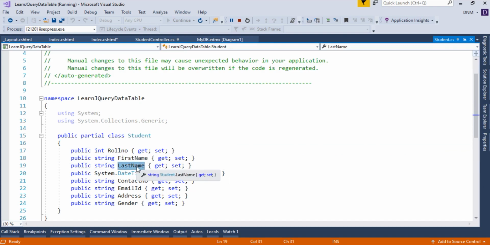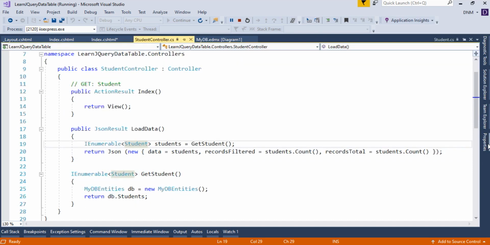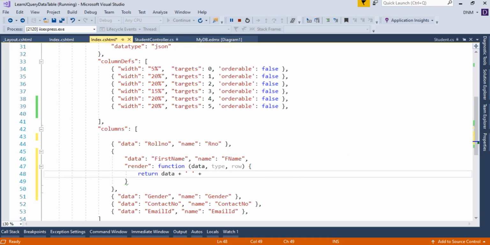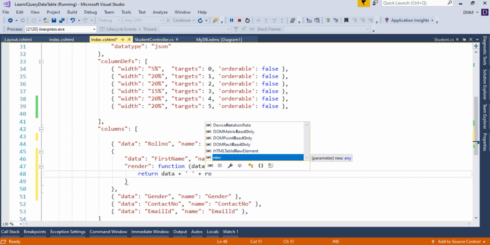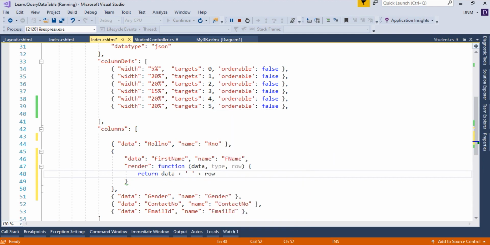It is represented like this. So the same property name we have to use here. Okay, but just you have to specify it like this, row of last name. That's it.